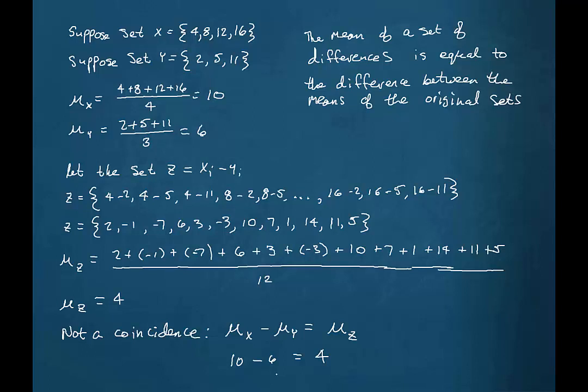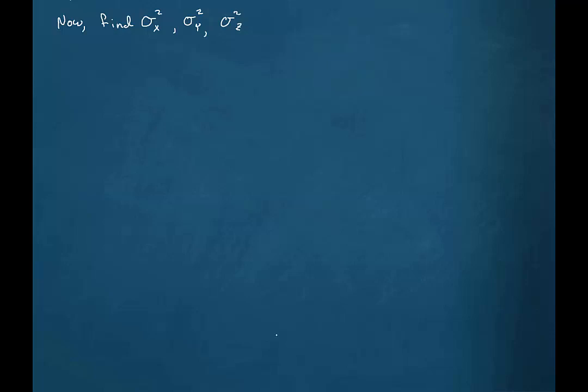Recall in the last video, we found the means for these three sets, the set X, the set Y, and the set Z, which is constructed by finding the differences between each value in each set. Now let's find the variances for these three sets. Remember that the variance for a set of values is the average of the squared differences between the data values